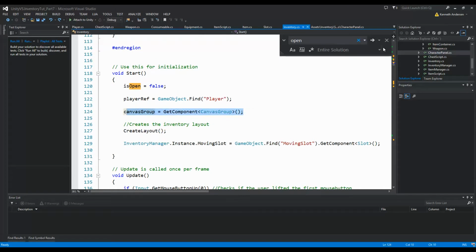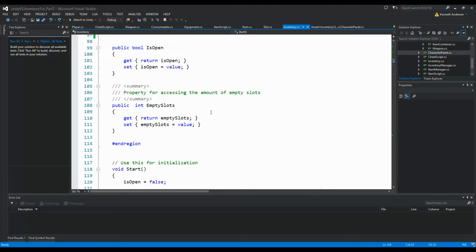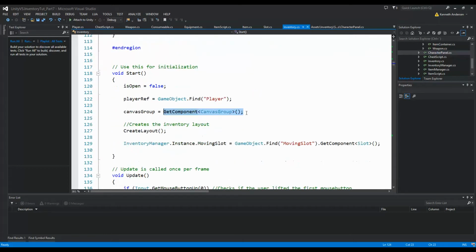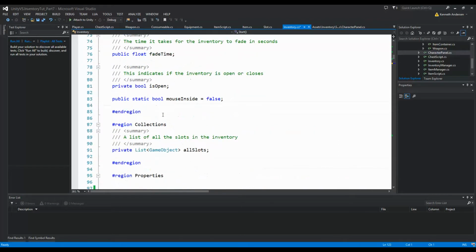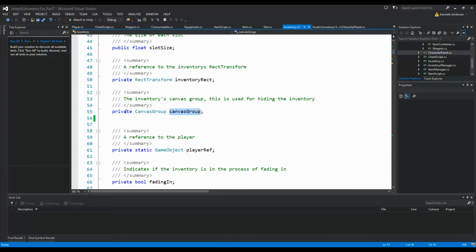But we will not be able to do that on our character panel, because the canvas group is not sitting directly on the game object itself. It's on a parent. So we need to change this from being found like this. We can delete this, and we need to make it public up here so we can assign it ourselves. So if we take the canvas group here and make it public and save,